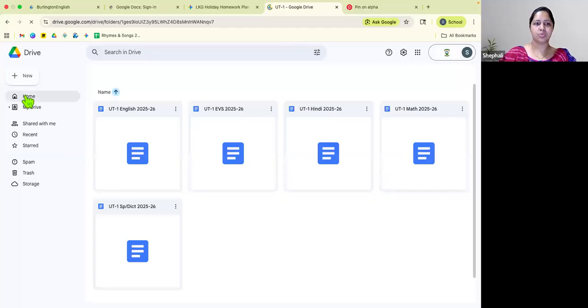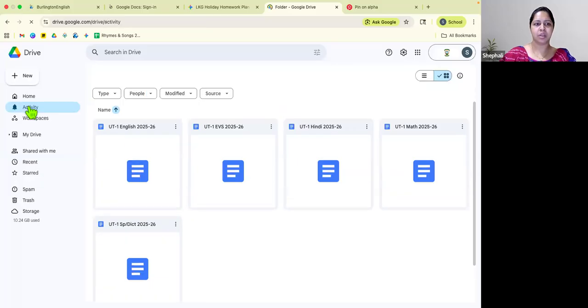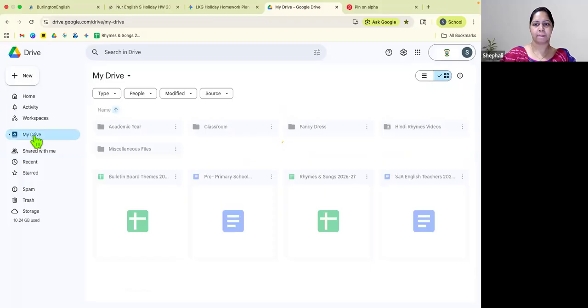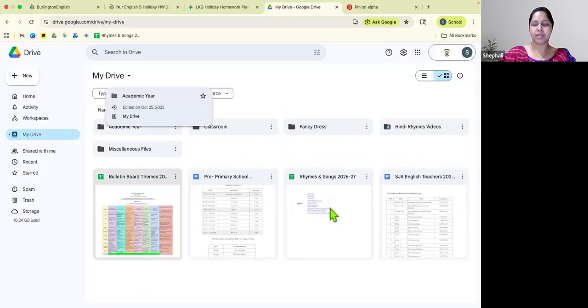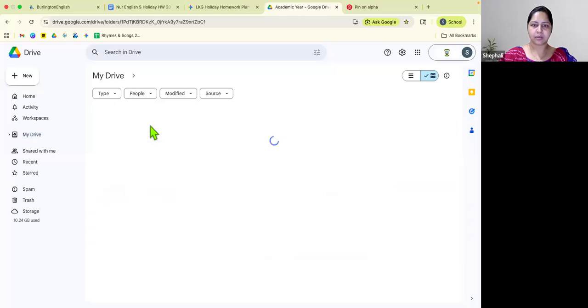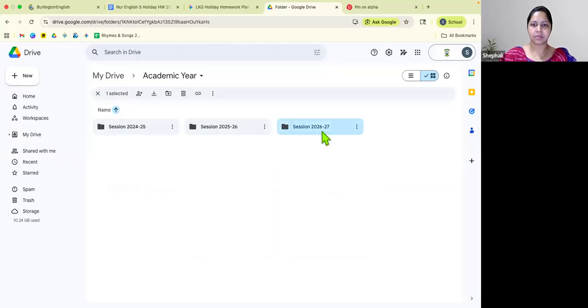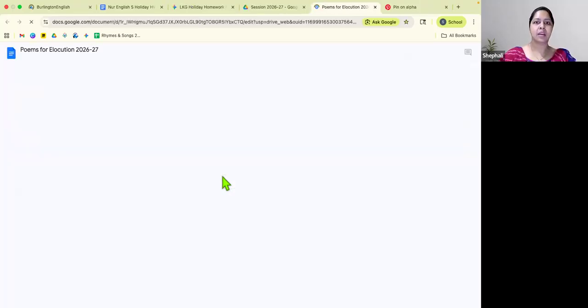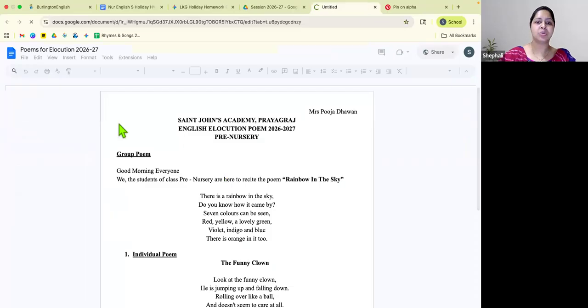Right, so we'll go to home, my drive. It will just take a little time to come to that page. Yeah. Right, for example, here I have poems for elocution, right? Since I'm in charge of the pre-primary section, so yes, I need to keep a